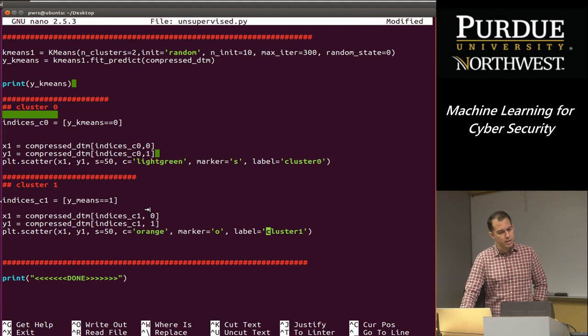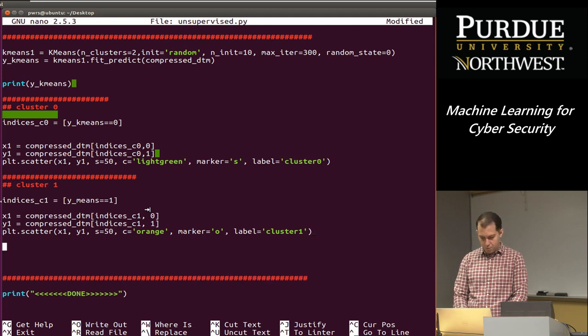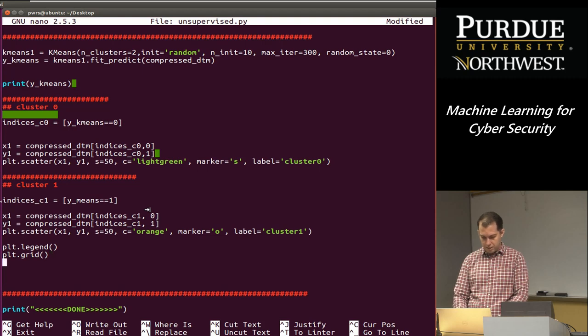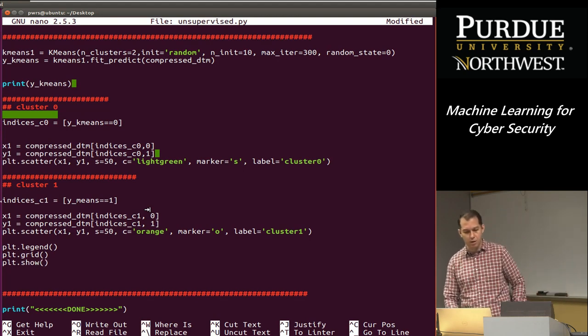All right, so that should be it. So now let's go ahead and try to plot this. So I'm going to do plot.legend, plot.legend, plot.grid and finally plot.show. All right, so hopefully this will show us how the k-means clustering algorithm takes the data and now finds